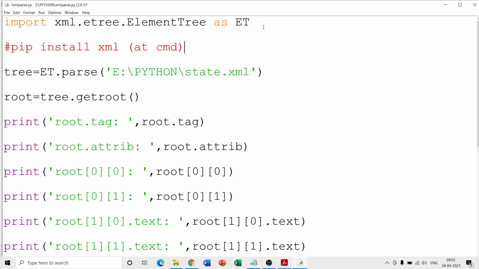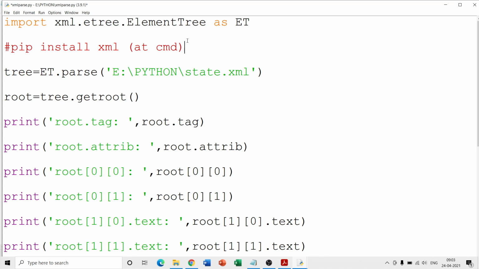So now I think most of you are aware that if you come across some new module, some new library, Python library, then you need to install it first at the CMD and then you can start doing any of the practicals. Fine. XML is the module, and you can think of this as a submodule.